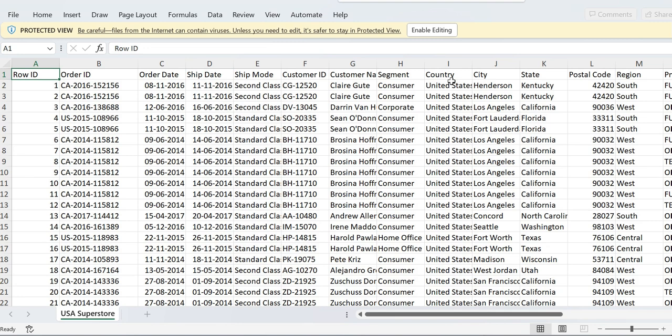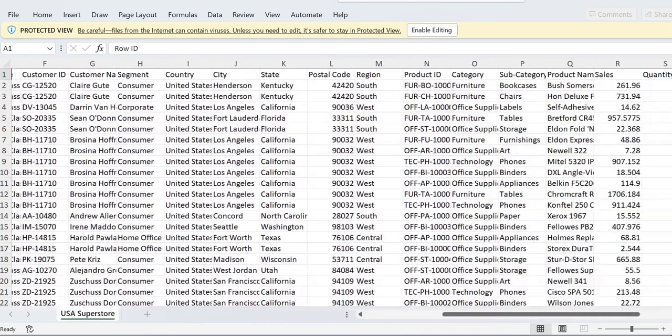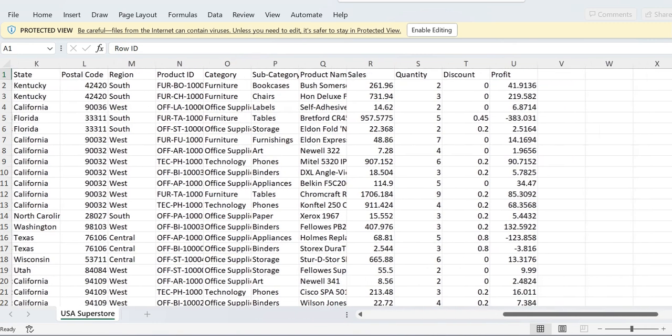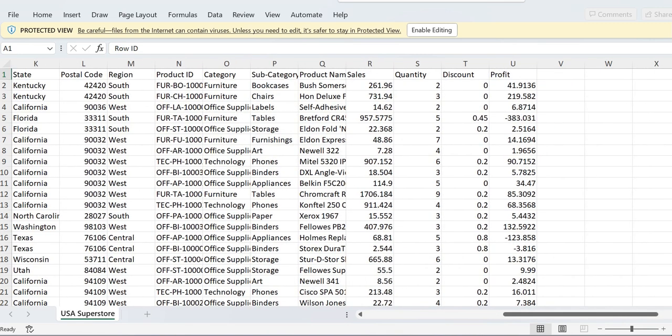about the country, city, state, and some other geographical information as well as the sales, quantity, discount, and profit columns on the right side. So you can easily see what information it is containing.